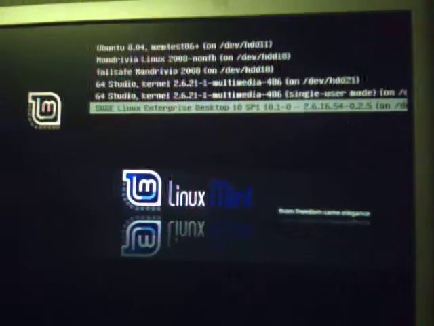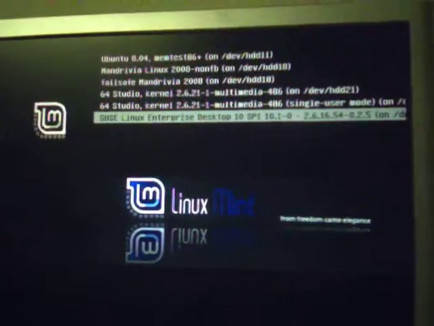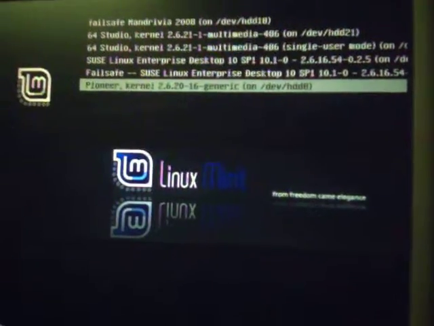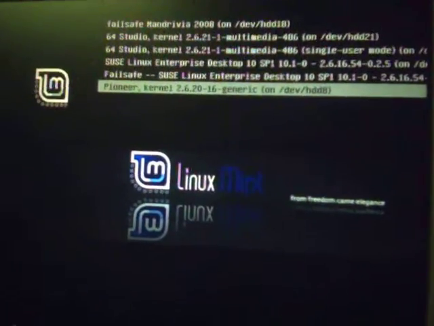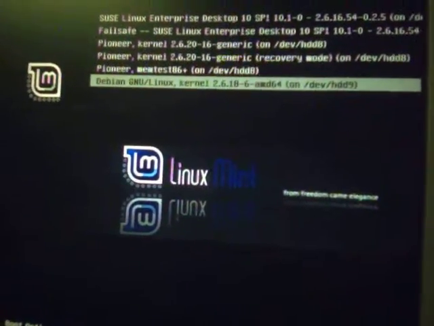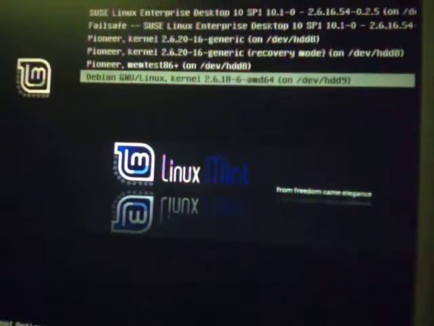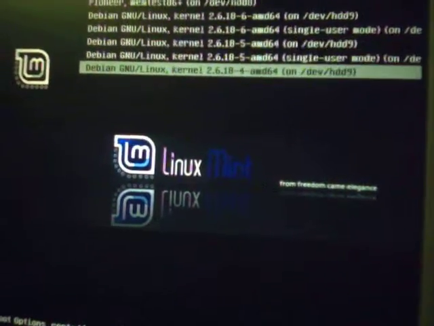This is SUSE Linux Enterprise Desktop 10 Service Pack 1. This is better known as SLED 10. This is Pioneer Linux system, a very interesting system with many new features. And this is Debian GNU/Linux 2.06. This is specifically for the AMD 64 chip. This is on device HD8, and this one is our last